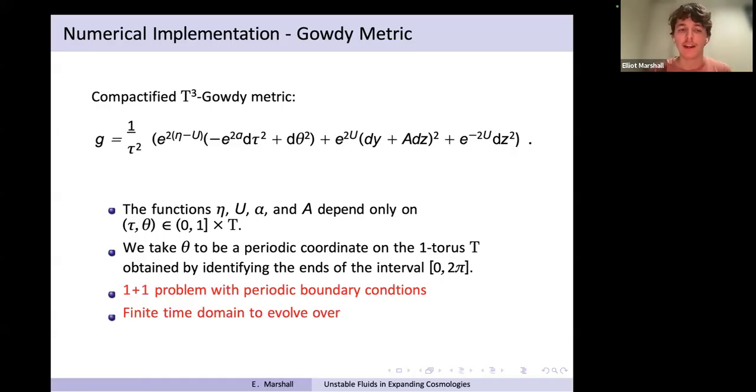Now, whether you need to do that, in general, I don't think you do. The reason we compactified our time coordinate was to have a sort of synergy with the Fuchsian approach for proving global existence and stability, but subsequent work we've done doesn't use this compactification, and you can get similar results. So I think it's not necessary to do this to get the same sort of numerical results.